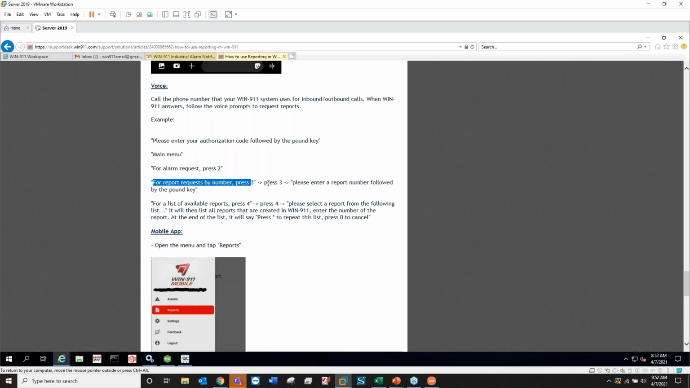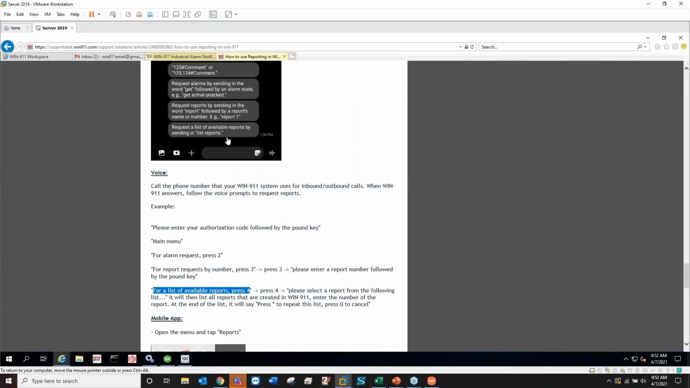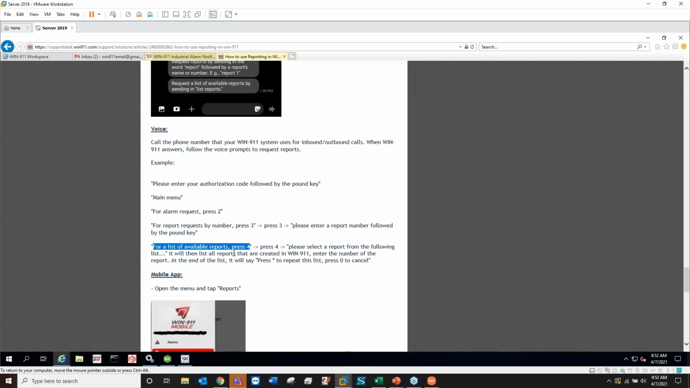So for this example, obviously you're going to press 3. Please enter the report number followed by the pound key. So you just hit 1 and then pound, and it's going to start reading you back that data. So pretty simple. And there's an option if you don't press 3. It says for a list of available reports, press 4. So similar to the list all reports for SMS, you can just press 4, and it will